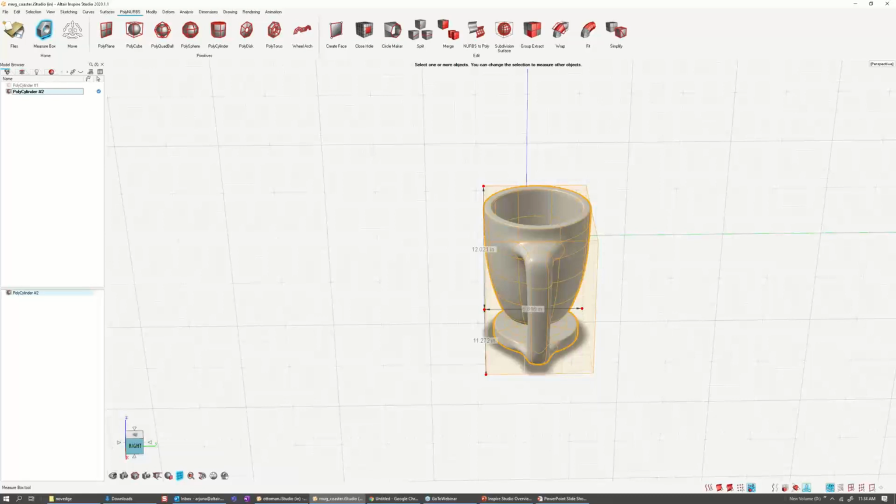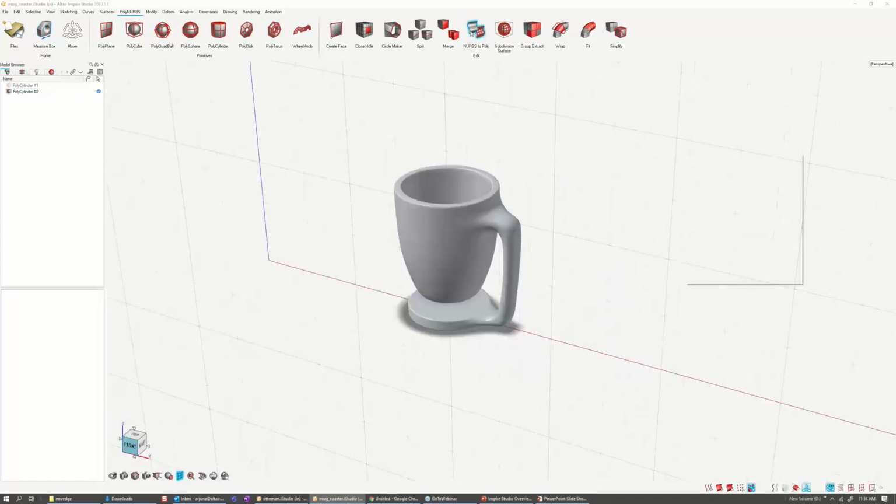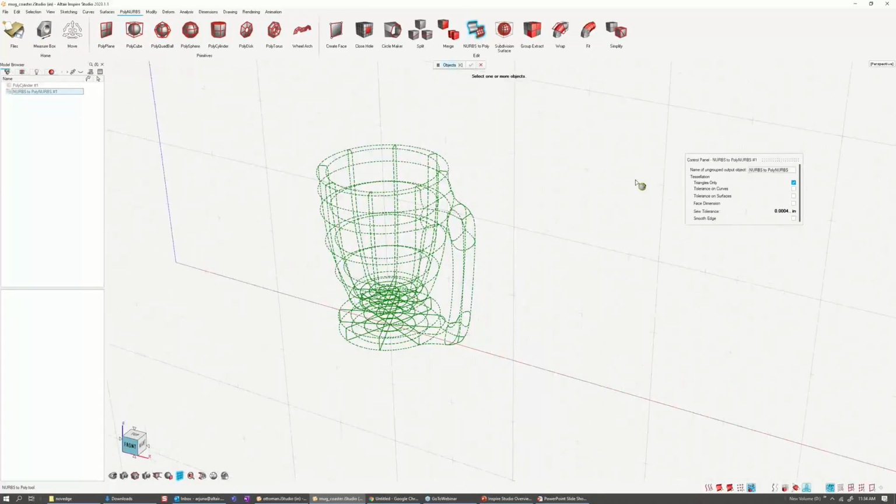So basically now we need to convert this to a format that is recognizable by the 3D printer, the STL format. So I'm going to select this and click on this. And when I right click, it's going to create a very crappy looking interpolation because we are not specifying anything at the moment. So once we do that,